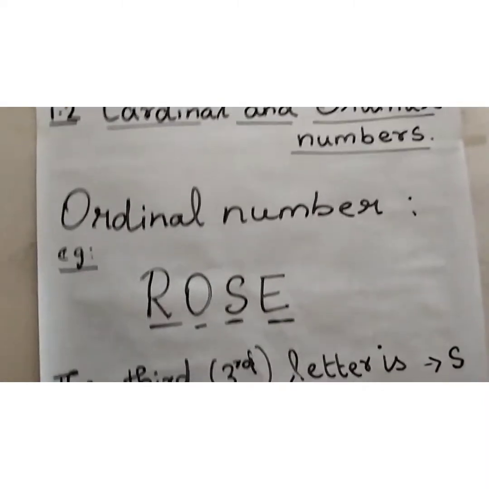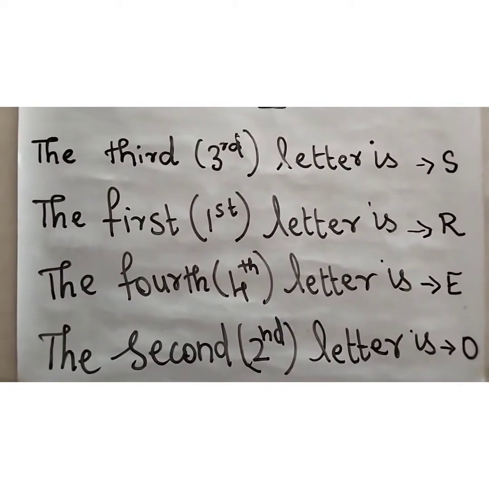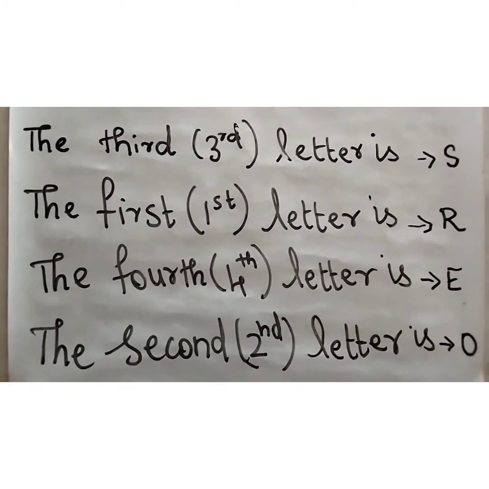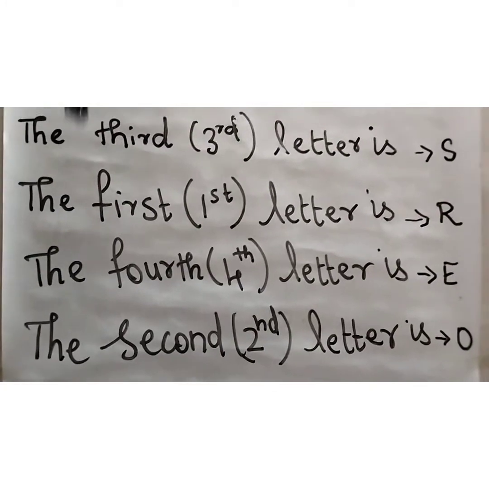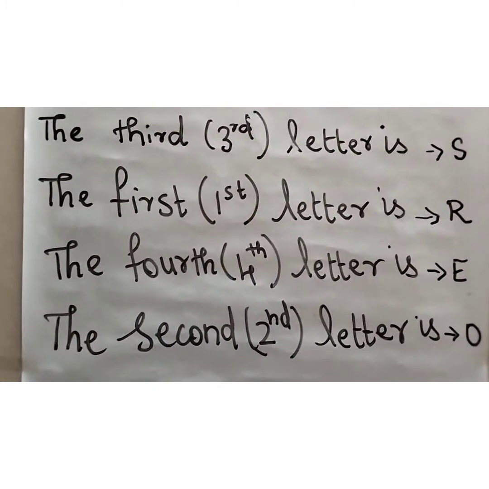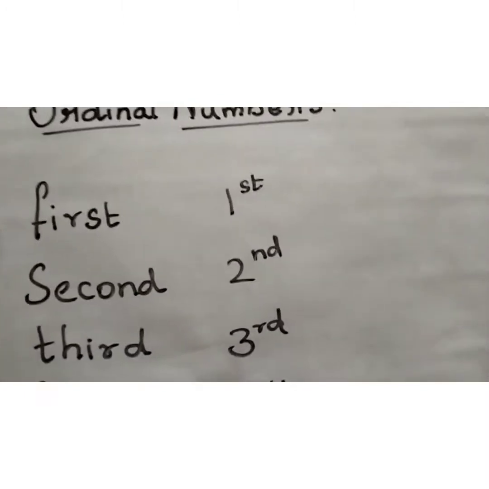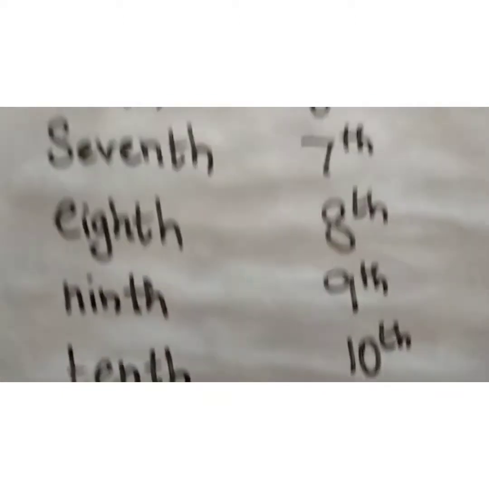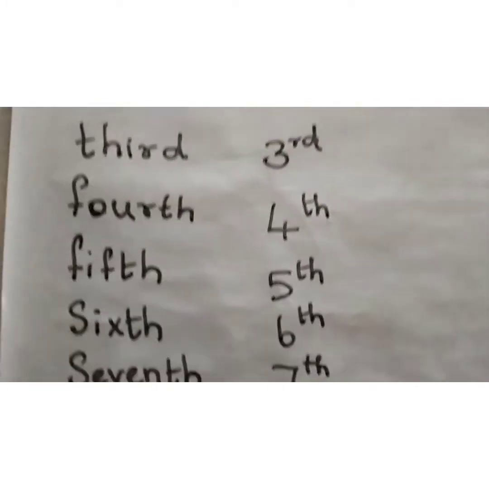Now, in last term, we learned cardinal and ordinal numbers from 1 to 10, isn't it? For this term, your textbook has given from 11 to 20. So let's learn from 11 to 20. Before that, I'll write from 1 to 10 first, then we'll move on to 11 to 20. From 1st to 10th we learned in term 2. Now we are going to learn from 11th to 20th. Okay children, copy this in your classwork.